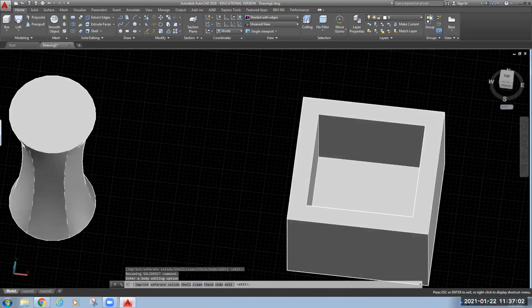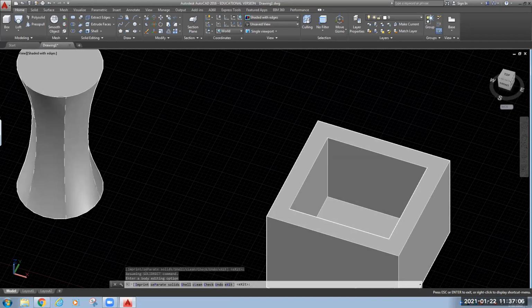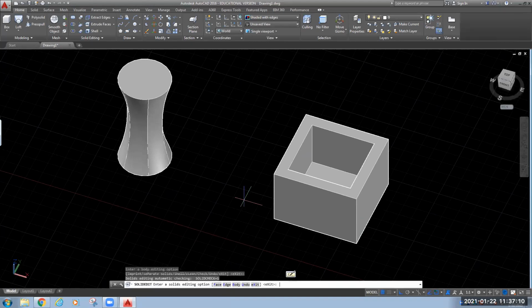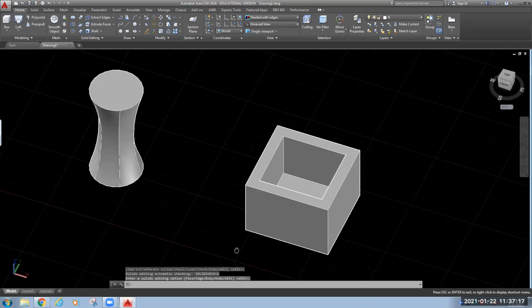This is your shell command. Okay. Once again, you need to press enter. So this is how you can use this shell command.